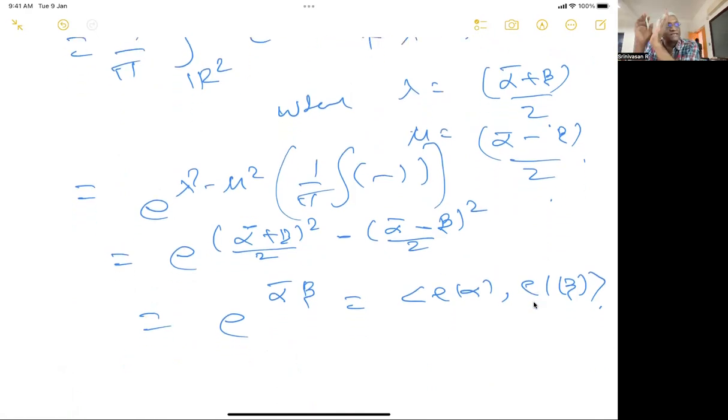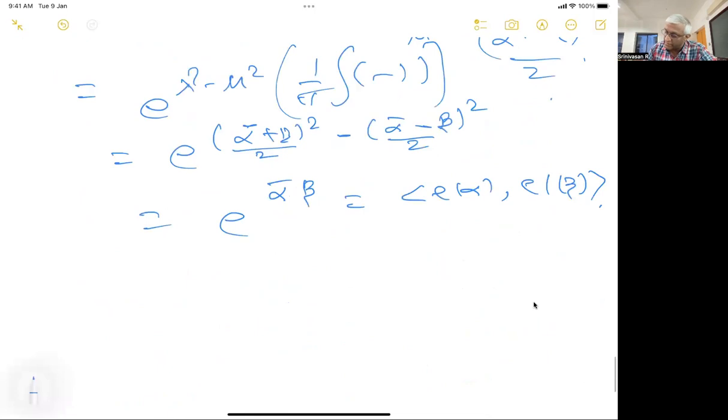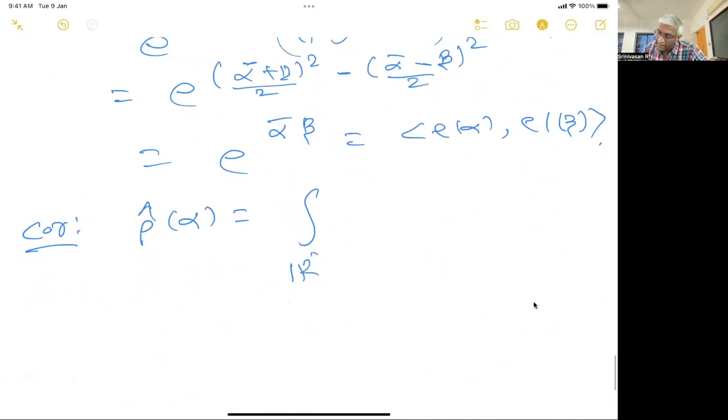Okay, so we have proved this lemma. So instead of identity, we can insert this integral anywhere you want. So the corollary to this is: rho hat of alpha is equal to the integral over R^2n of 1 by pi power n,